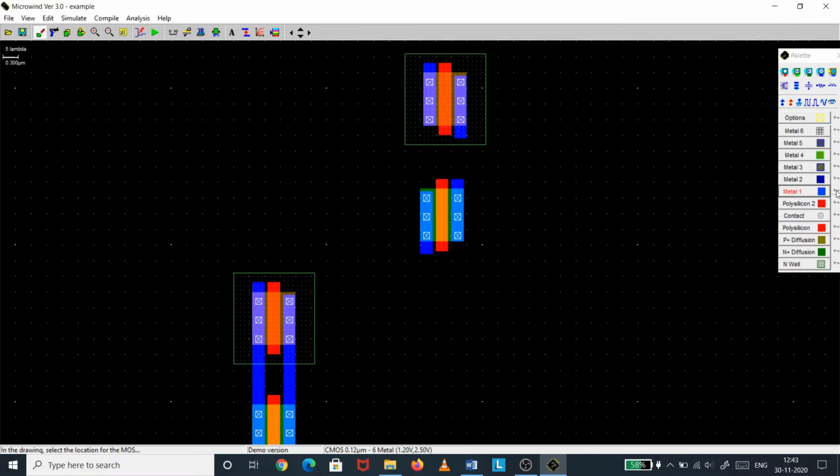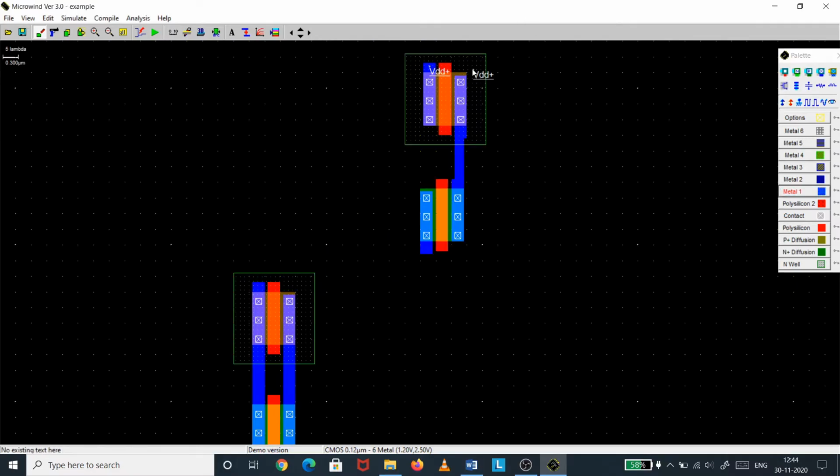So here I will connect source to drain. Then VDD will be given as per our previous design.